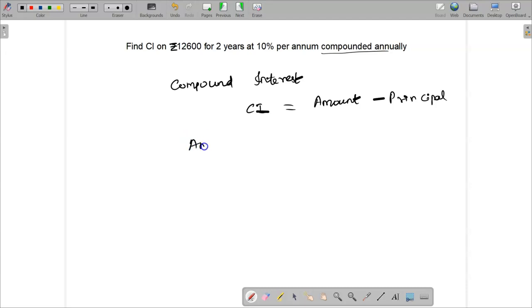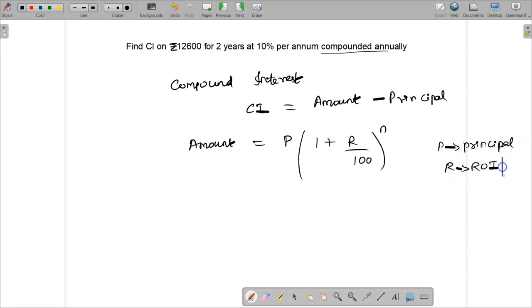So for that, first we have to calculate amount. Amount is given by principal amount into 1 plus R by 100, that is rate of interest divided by 100, the whole power n. N is the time period. Okay. So P is the principal amount, R is the rate of interest per annum, and then N is the number of years. Okay, that is time. So this is the formula for the amount when we are calculating the compound interest. So amount is equal to